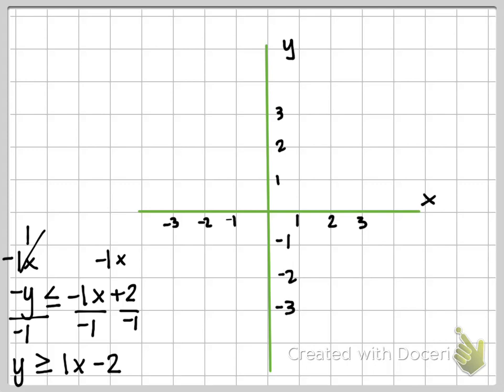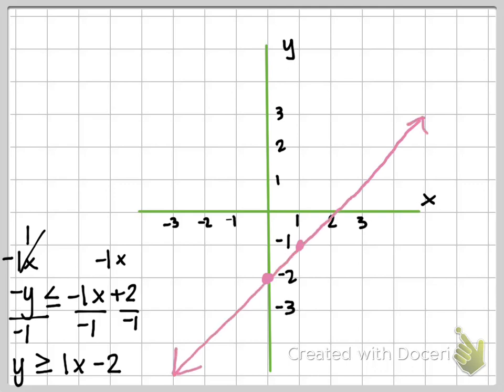Alright, and so what I want to do here is graph my line. First of all, I know my b is negative 2, so I'm going to go to my y-axis and go to negative 2. Then my slope is 1 over 1, so I'm going to go up 1 over 1. Am I going to have a dotted line or a solid line? So I look to my sign, and it's greater than or equal to, so I know it has to be a solid line. It's going to go through my points,